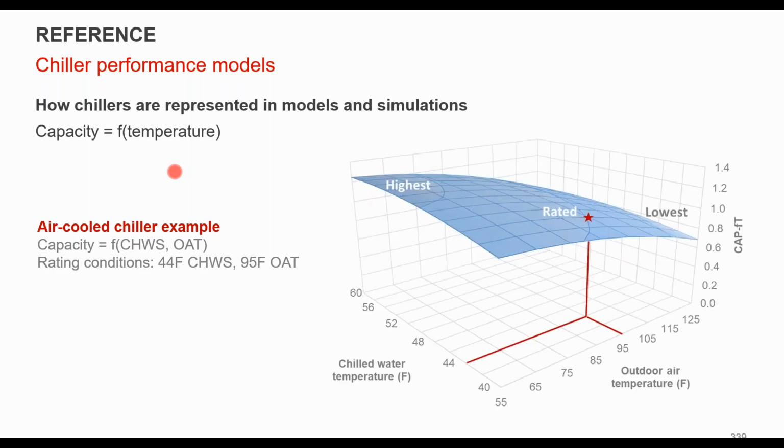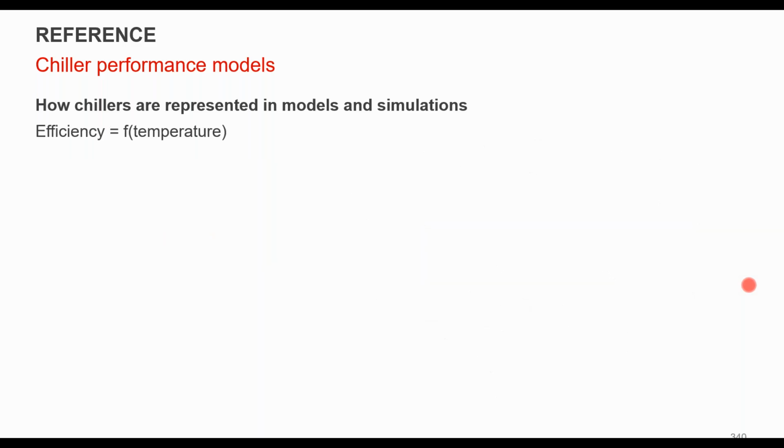What does that actually look like when you plot these curves? They actually end up being surface plots, right? Where you have 2 variables that are being changed that affect your total capacity: outdoor air temperature and chilled water temperature. So again, just visualizing what that actually looks like in terms of what you have to input to the model. A lot of these curves are prepackaged, and you can create these curves custom from manufacturer's data as well. But again, if you're doing a chiller example, you probably want to be creating these curves yourself.